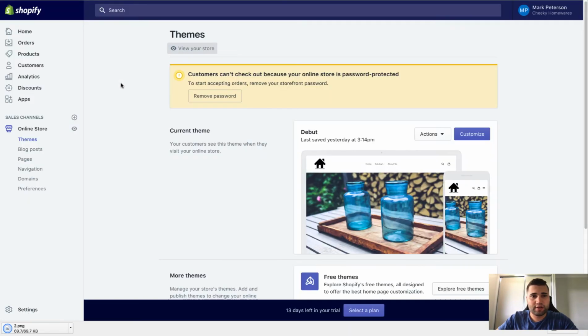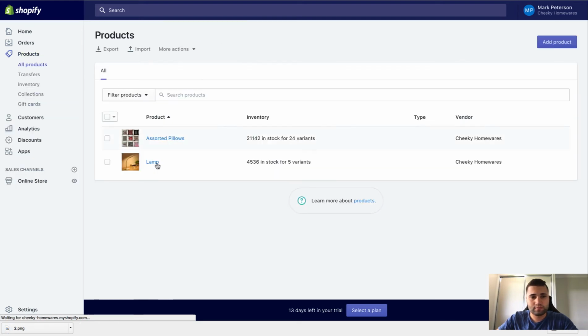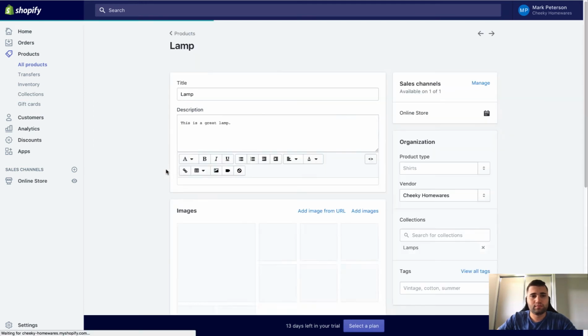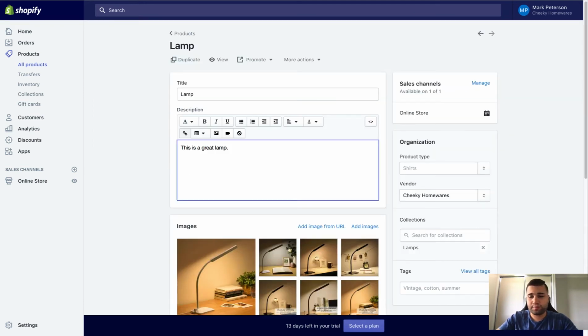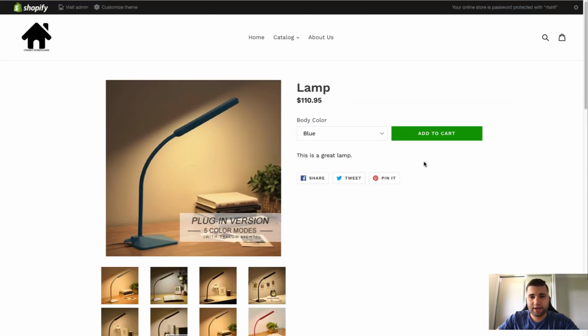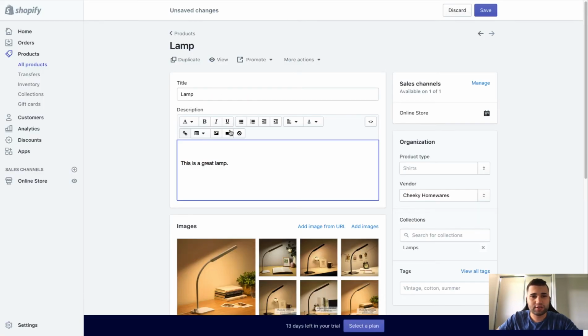We're going to go into our product. We're going to place it in the description. Now, if you know how to code, or you have a developer, you can actually code it in there. So it's automatically under all your product descriptions. But if you don't know how to code and you're just starting out, you don't really have the money for a developer or anything like that, what you can do is you can just go here, insert image,